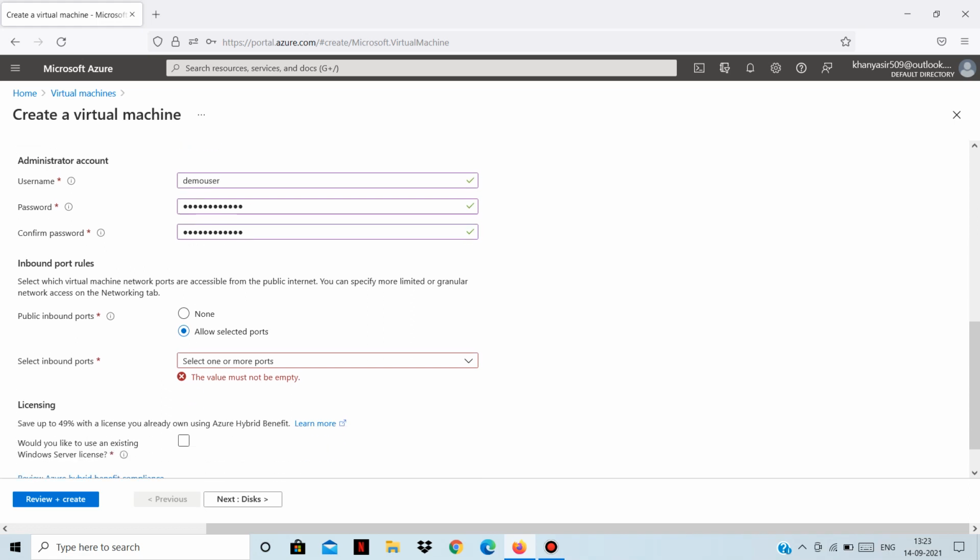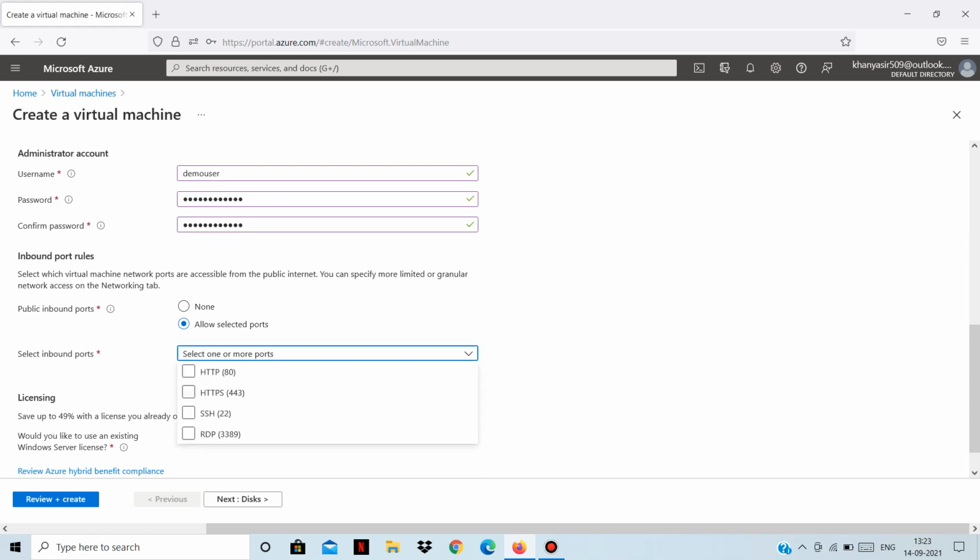So let's see, I have selected allow ports. Now it's asking me, so I'll be selecting RDP. Now what is RDP? Because we need to connect to this Windows virtual machine. RDP provides remote connectivity to the user interface of Windows based computers. RDP is actually a protocol which runs on port 3389. So it allows us to sign in to a remote physical or virtual Windows computer, and we can then access that remote Windows machine using the RDP protocol.